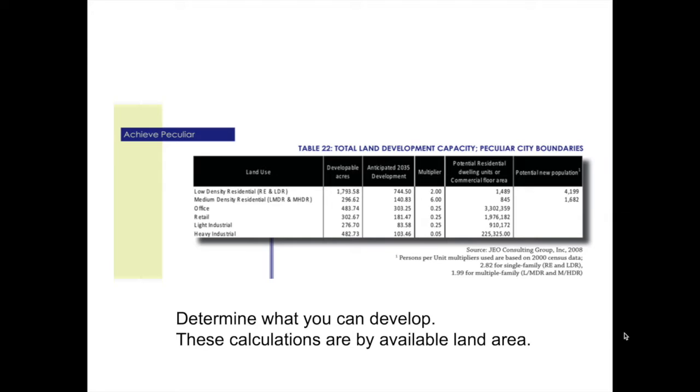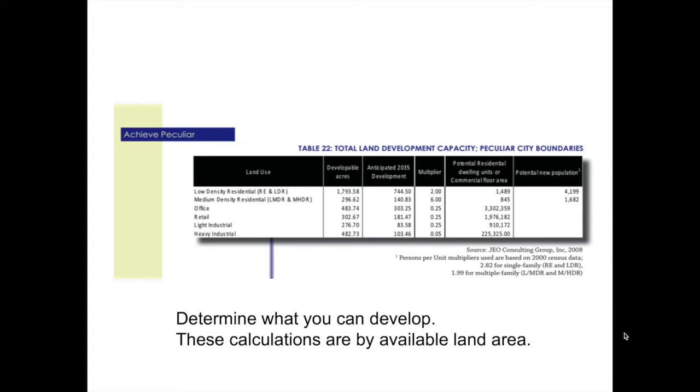For this town that we were working with JDO Consulting Group out of Omaha. This is a suburban town on the south side of the Kansas City Metroplex. They determined in their comprehensive plan how many acres they had, what land use they currently had those acres in, their anticipated 2035 development. Most comprehensive plans are 20 years or 25 years in advance. So they have an anticipated growth